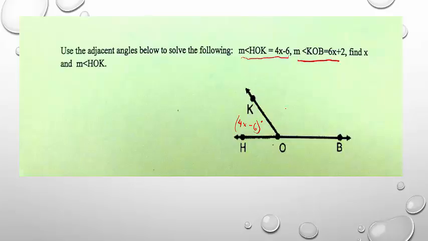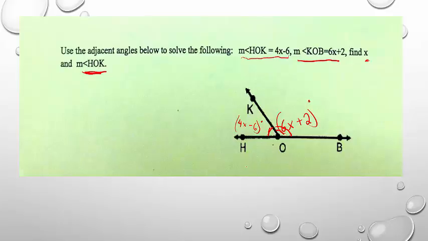And angle KOB is 6x plus 2 degrees. Again, it could be 110, it could be 150. We have no clue. All they did was give us an expression that represents the measure of the angle. So they're telling us to figure out, first off, what x is, and then use that to figure out the measure of angle HOK. So when I look at these two angles, if I look at HOK and KOB,